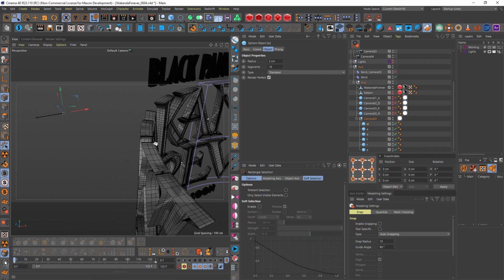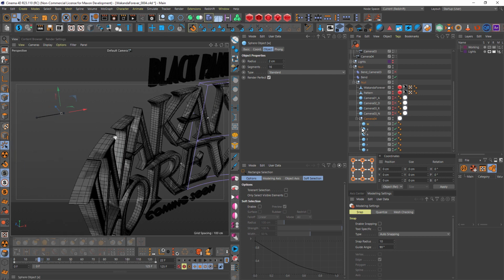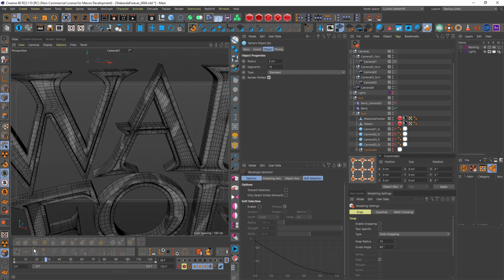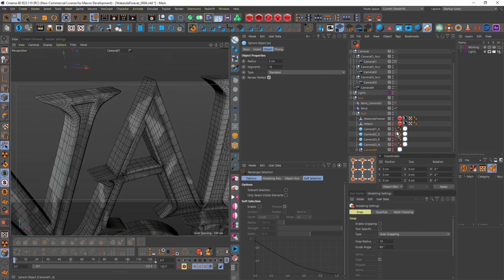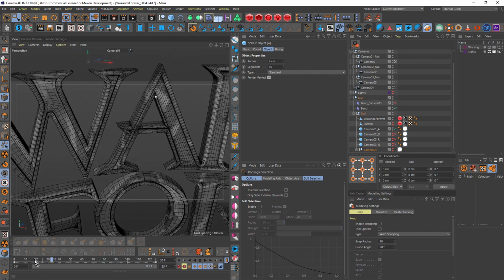And even if I was to use a null object, I still need something for Lens Flare Auto Track to track anyway, so it makes perfect sense to use a sphere or some other kind of geometry in this situation and not a null. So each of the different camera views have their own spheres. Let's just go to camera 1, and I'll just turn off these ones and turn on camera 1. And turn on camera 1's sphere. There it is. See, that's the top of the A,